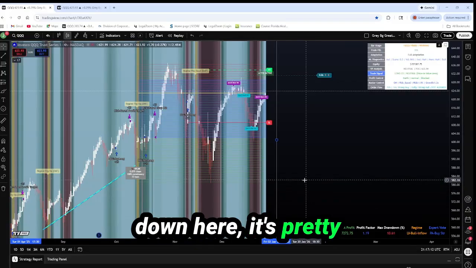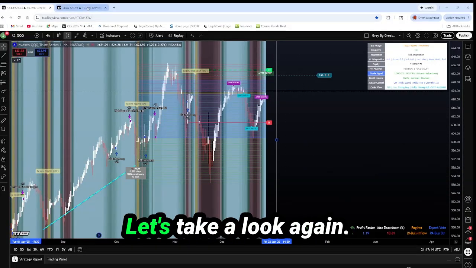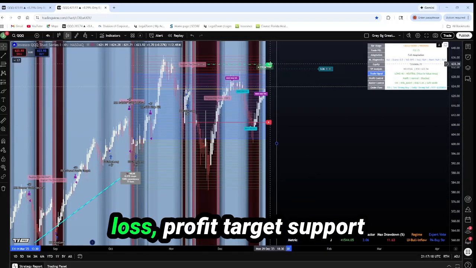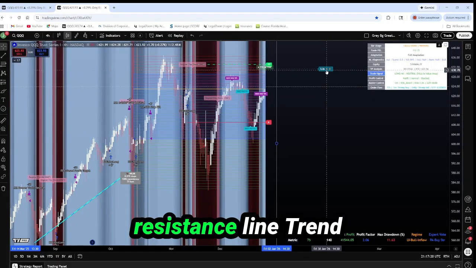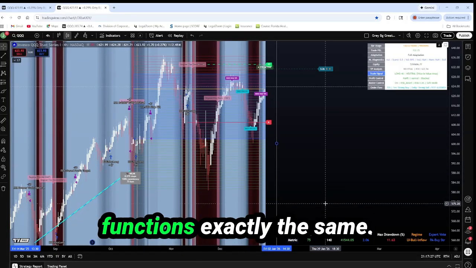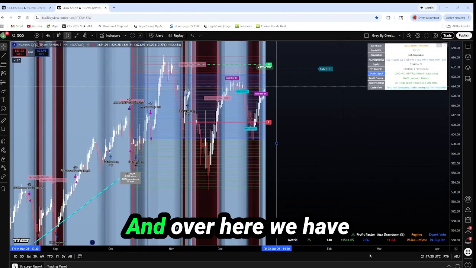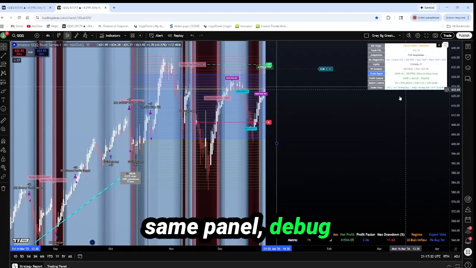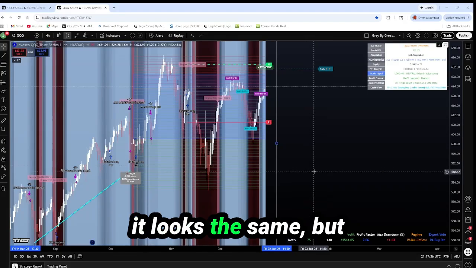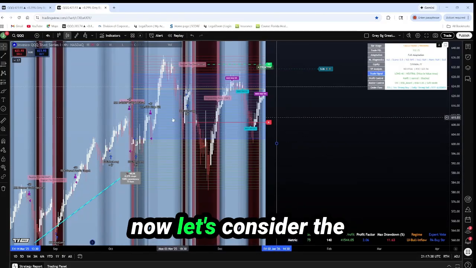It's pretty much the same. Again, let's take a look again. Same instrument, stop loss, profit target, support resistance line, trend line, background color, confluence, although different functions, exactly the same. And here we have same panel, debug table. Okay, so on the surface it looks the same, but now let's consider